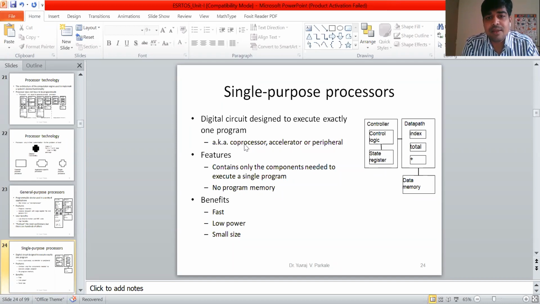If you go to the internal block diagram of your digital camera, it contains a lot of blocks, like coprocessor, accelerator, or peripherals. So let us go to the block diagram.